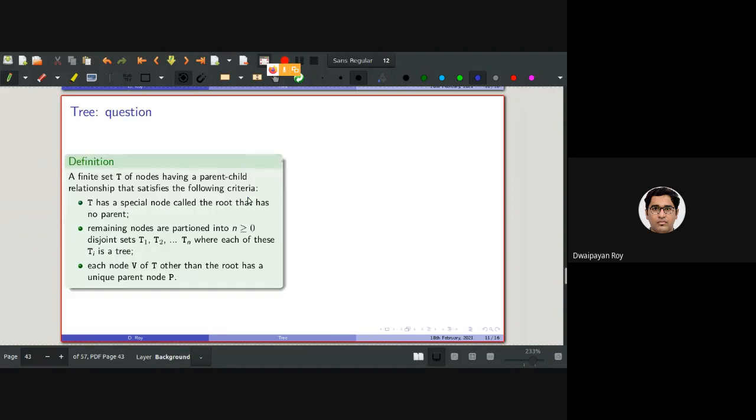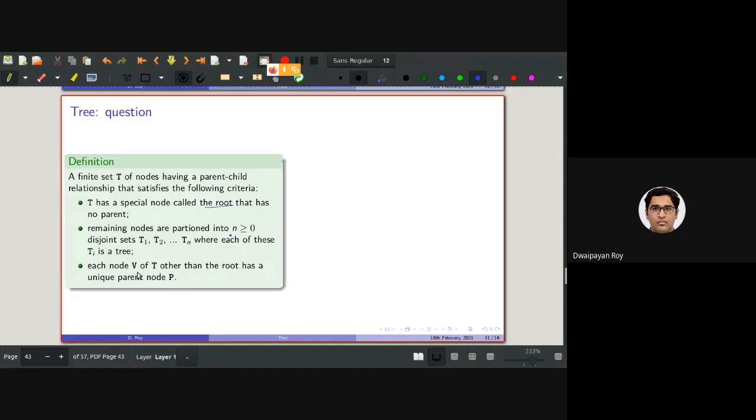All right. So again, one question to you guys. I have defined the definition in this way. A tree will be a finite set of nodes with one specially designated node called the root. The remaining nodes will be partitioned into n disjoint sets, which will be called subtrees.